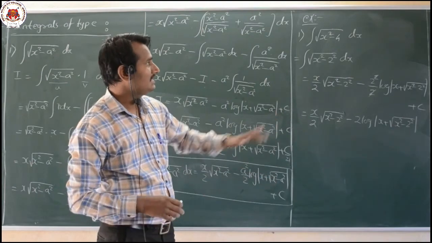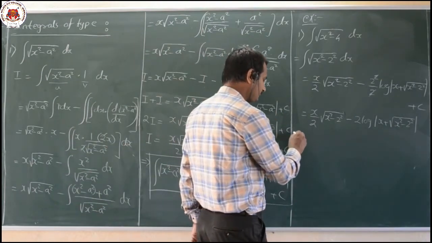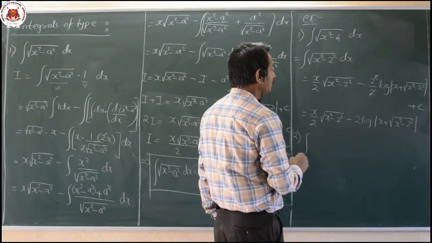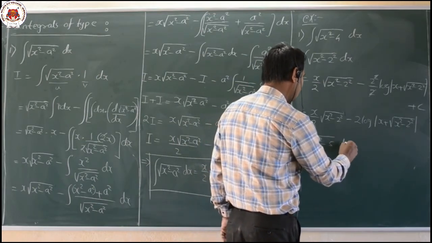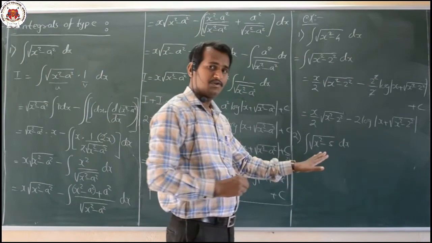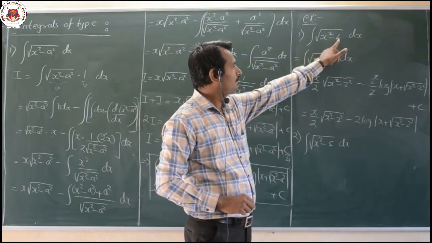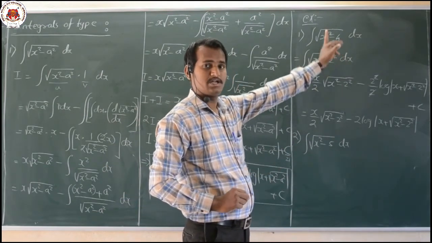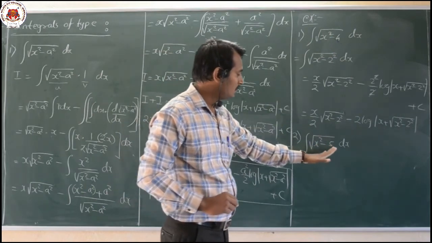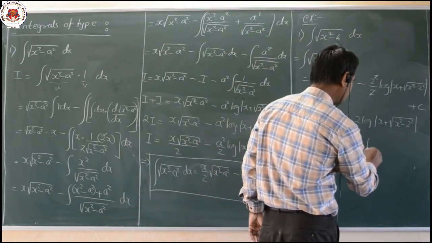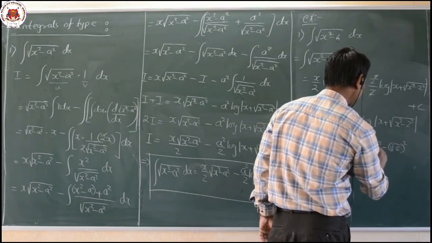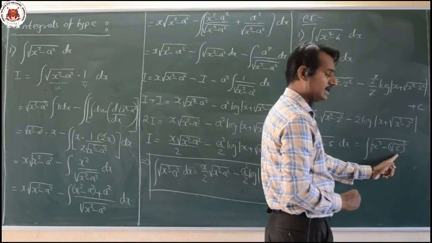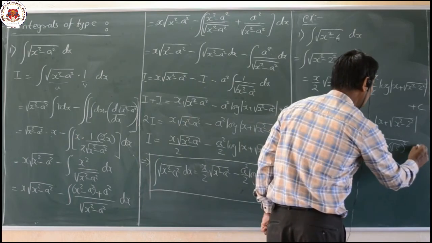Very simple example. Now let us move on with one more question, that is integration of root of x square minus 5 dx. Now how do we have to solve this? Here it was 4, so the complete square root was 2 square, I would have written. Here I am having 5. Can I write it as integration of x square minus root 5 whole square? That is nothing but here a will be root 5 into dx.